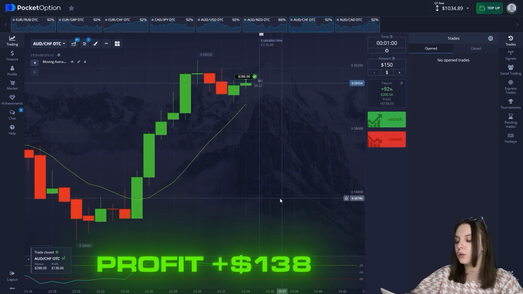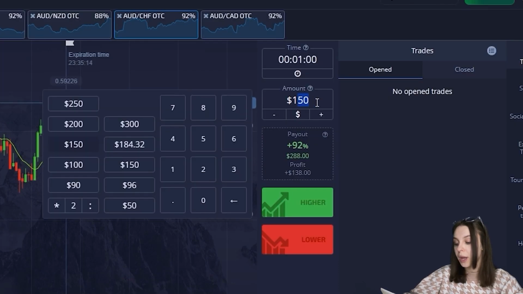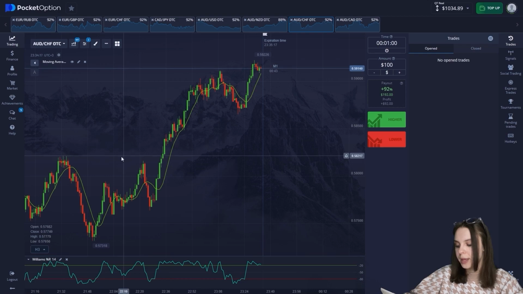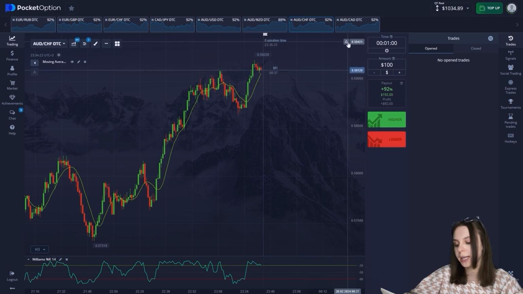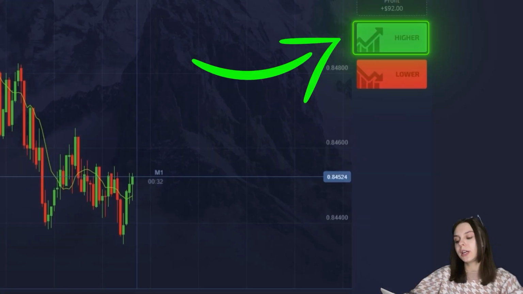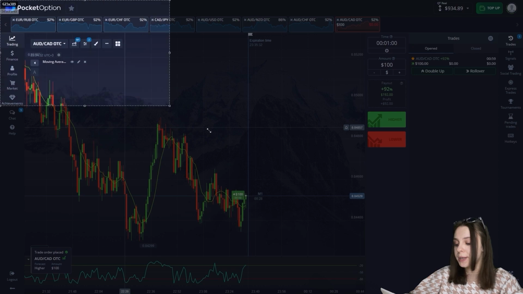Perfectly, this deal also closes in plus, and we have already increased the balance by as much as $1,000. Let's make the amount of the last transaction $100. That's to reduce the risk a little more, and move on to the eighth and last currency pair, on which let's consolidate our successful strategy. Dear traders, we open a trade on the last currency pair to go up and proceed to